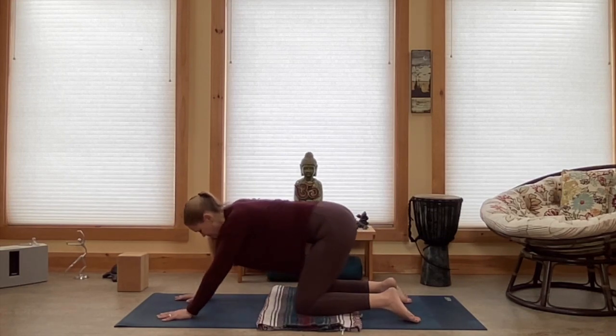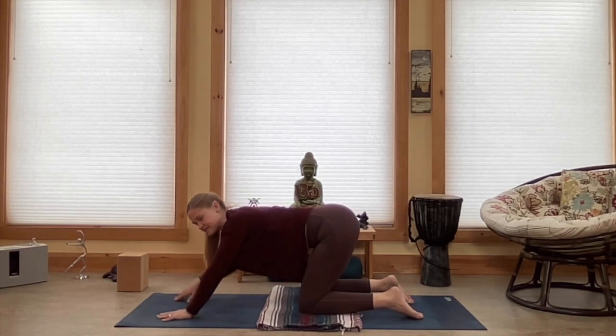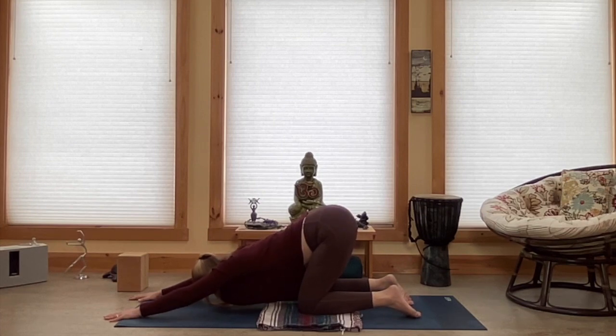And then just sink the hips back a little bit, just over top of the knees. Take the hands forward and come into a little puppy stretch, opening up the shoulders, but really leaning the hips back. The head might just come between the arms, or it might rest on the floor. You can even put a block down to support your head if that feels helpful. Just take a few deep breaths, really relaxing into the pelvic floor, lifting those tailbones, sit bones back,